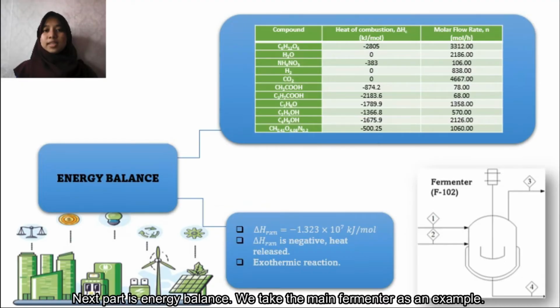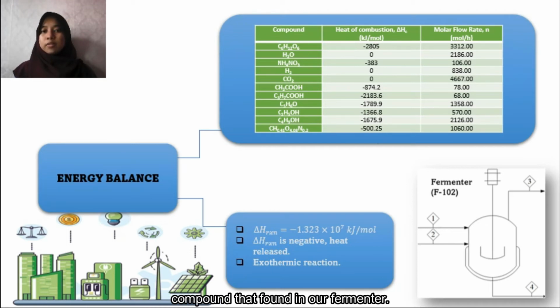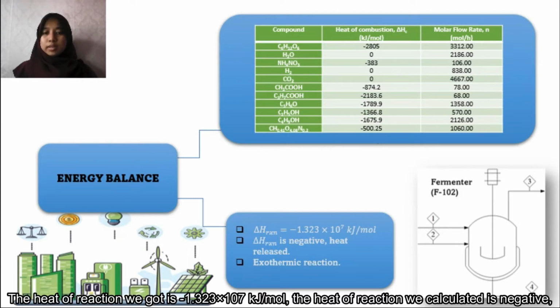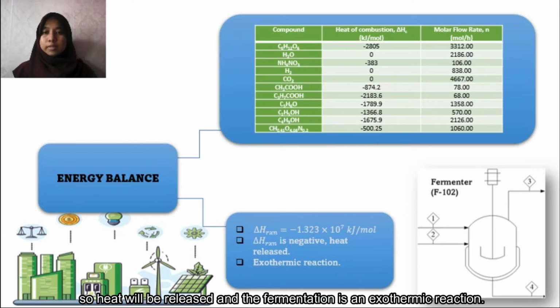Next part is energy balance. We take the main fermenter as an example. Above, the table shows the heat of combustion of the respective compounds found in our fermenter. The heat of reaction we got is negative 1.323 × 10^7 kilojoules per mole. The heat of reaction we calculated is negative, so the heat will be released and the fermentation is an exothermic